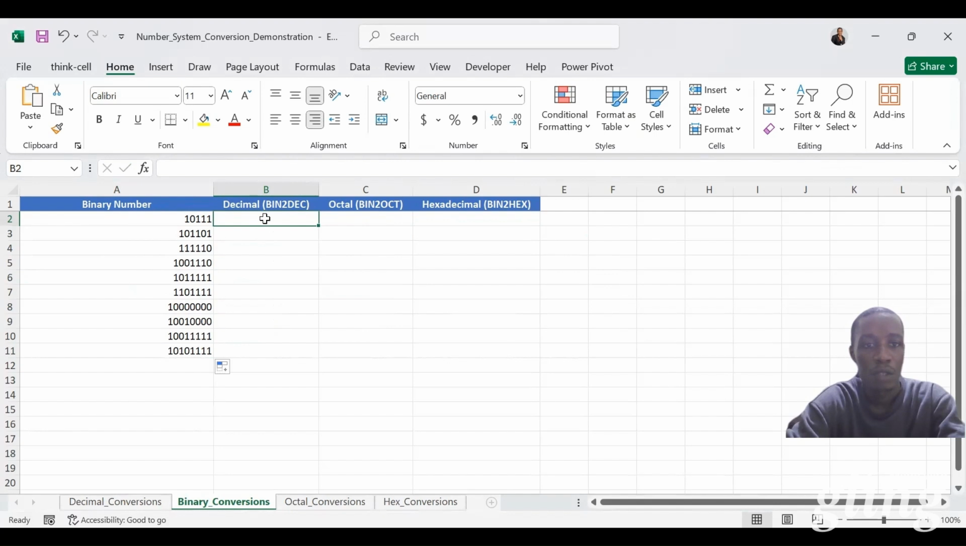Now I will convert each of them to the decimal form, the octal form, and the hexadecimal form. So the function that we'll be using in this case is BIN2DEC. So if I enter BIN2DEC and select this binary number to be converted to the decimal form, I can copy this down. So if we check these decimal numbers against the decimal conversion sheet,